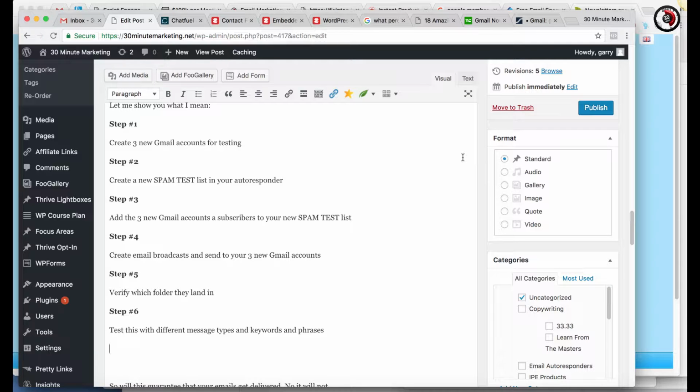We're going to do a quick little test here with Gmail to see if our emails are landing in the inbox or if they're making it into the spam folders, which these days I consider promotions and the social folders to be as well. So step one, we're going to create three